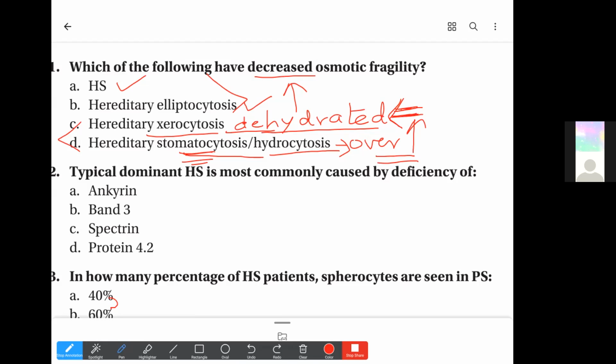One of the main important things with this is that because of the persistent anemia and certain signs they come across, if they are diagnosed, and this is the form in most cases of hereditary spherocytosis, and in the case of elliptocytosis, even splenectomy can be performed. But in the dehydrated and overhydrated forms of stomatocytosis, splenectomy is to be avoided.